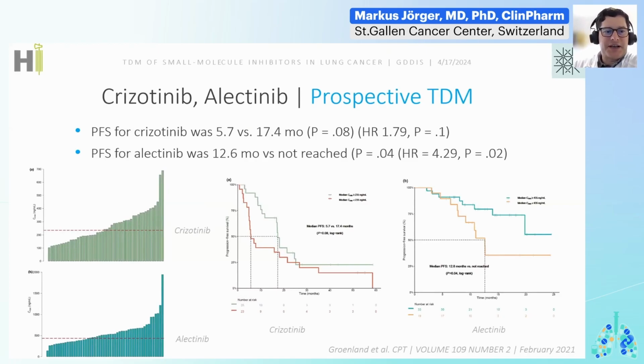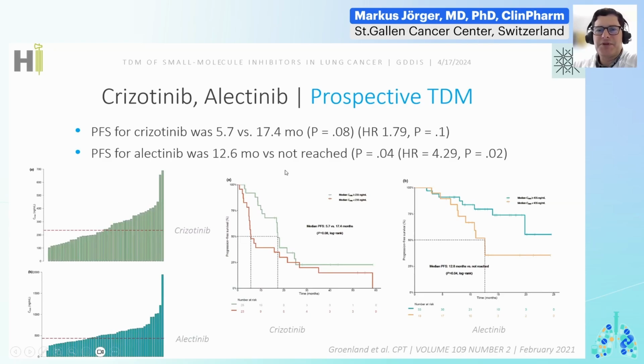You can see here that importantly there is a wide variability in the plasma concentrations. That's something we know very well. You can see this for crizotinib and also for alectinib, and then in particular for alectinib, there